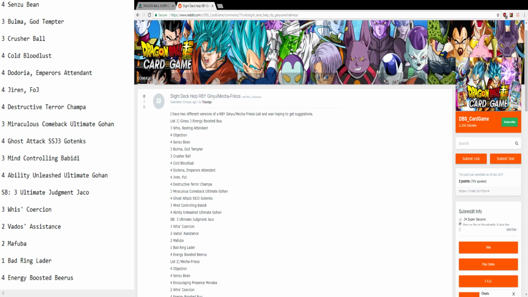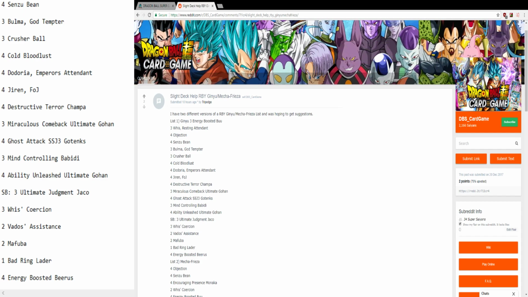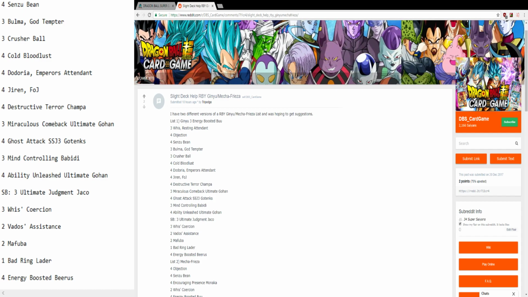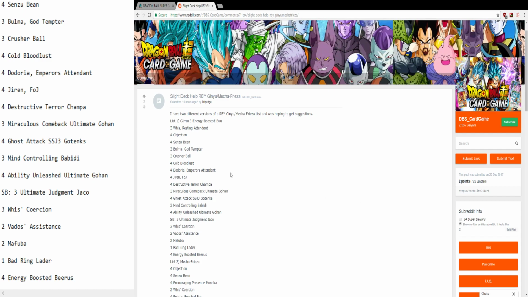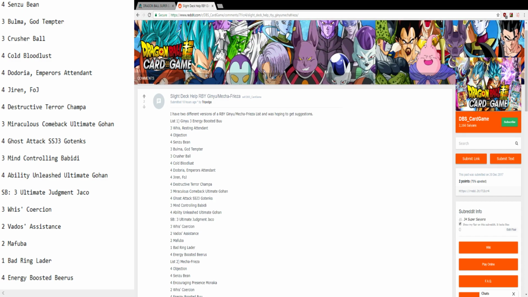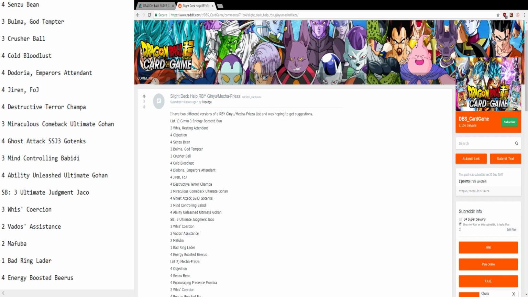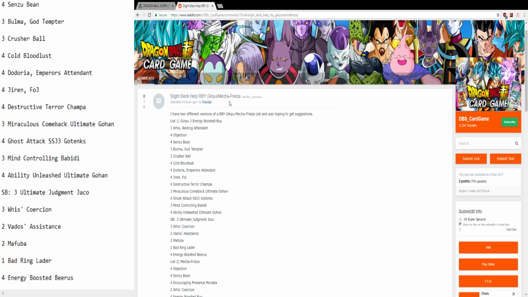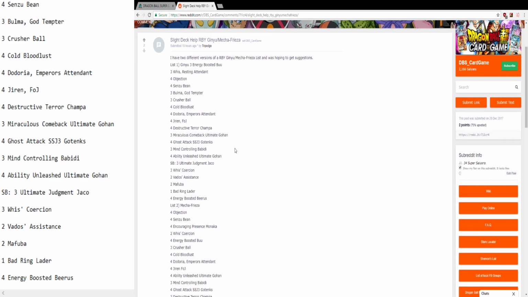If you watched the video before this one, it was the Buhan deck. This video, I kind of wanted to show deck building processes. I found a Reddit post that I guess I'll give this dude Trip Edge. So I'm sorry if you don't want me to go through this, but it was asking for help with a Ginyu Mecha Frieza deck, and it looked like he was trying to build a Babidi deck, and I feel this would be a fun one to do